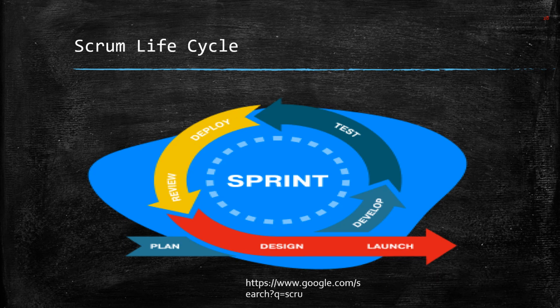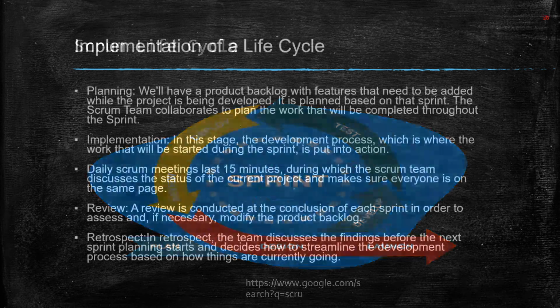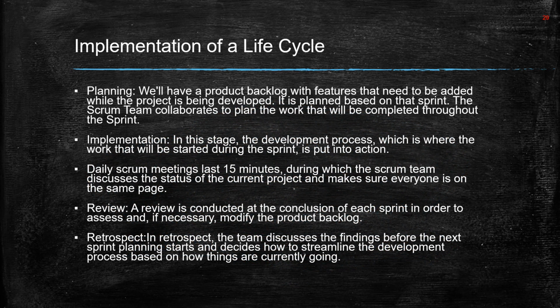And Scrum projects are divided into sprint parts. In each sprint the project is enhanced and then sent as a final output. Once all the sprint stages are done and the project is ready, then the project is deployed. Because of the sprints, each project has versions. So this is how the sprint life cycle is implemented. So moving to the implementation of a life cycle, there are different stages, which are planning, as we said earlier, implementation, daily scrum meetings, review, and retrospective.